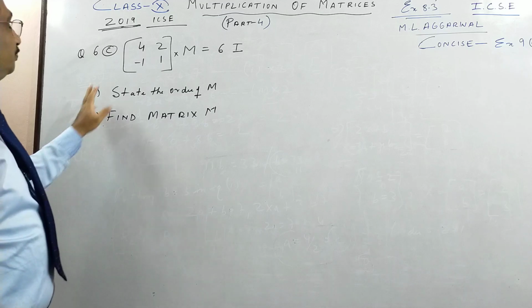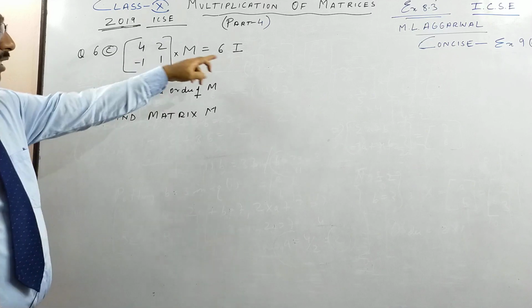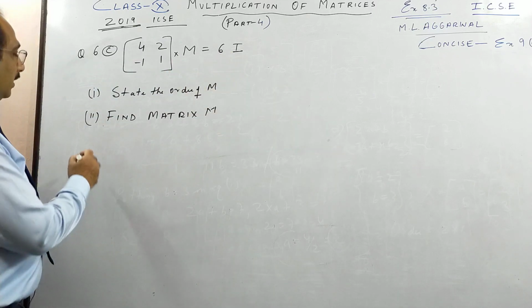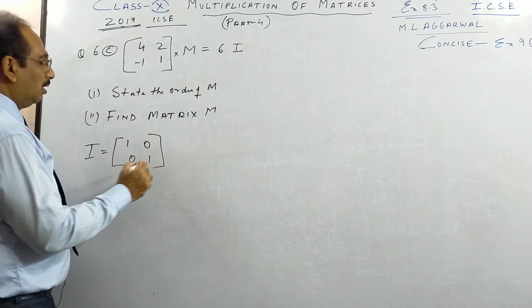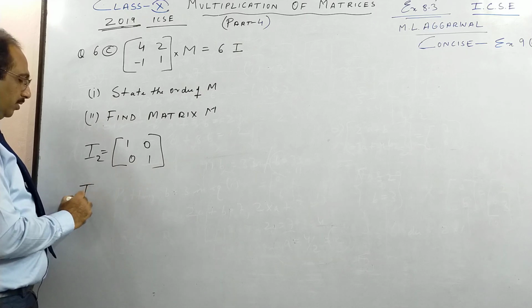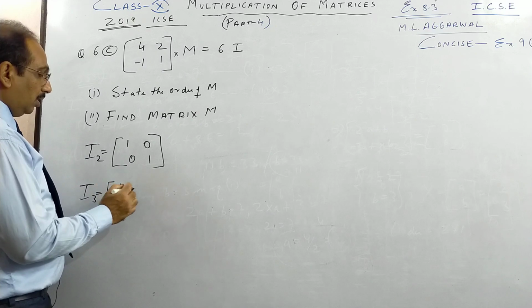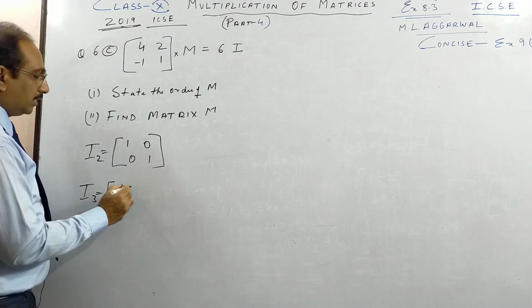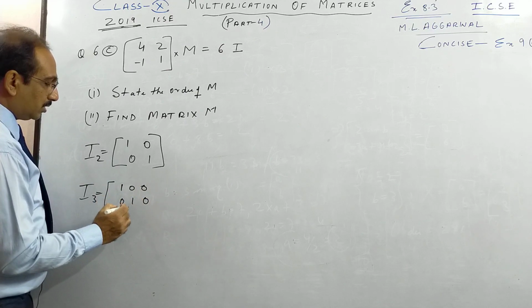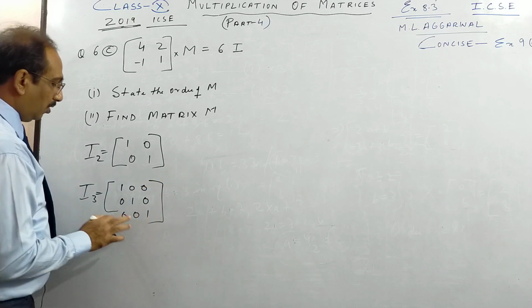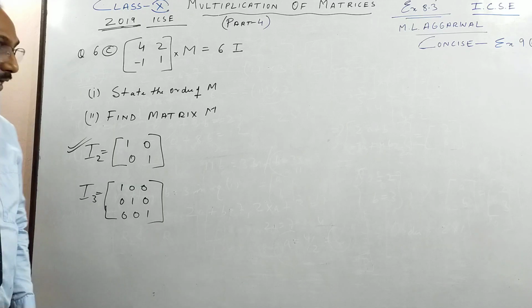Next we move on to year 2019. Very similar question, but here there is something called the identity matrix of order 2. This is 1 0 0 1. Sometimes in class 11 and 12 we call it I2. There is also something like this, of order 3 by 3, which we don't use here in ICSE. This is the identity matrix of order 3. You remember this, we will do it later.